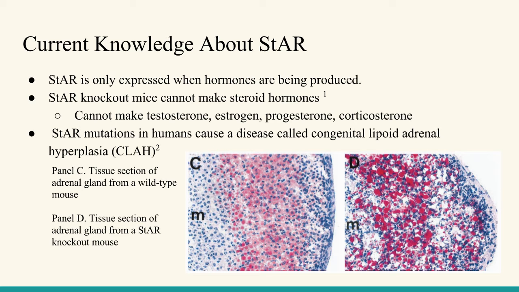If you look at the panels, panel C shows a tissue section of an adrenal gland of a wild-type mouse, and panel D shows a tissue section of an adrenal gland from a STAR knockout mouse. Let me explain it a little here. So what's going on is that,